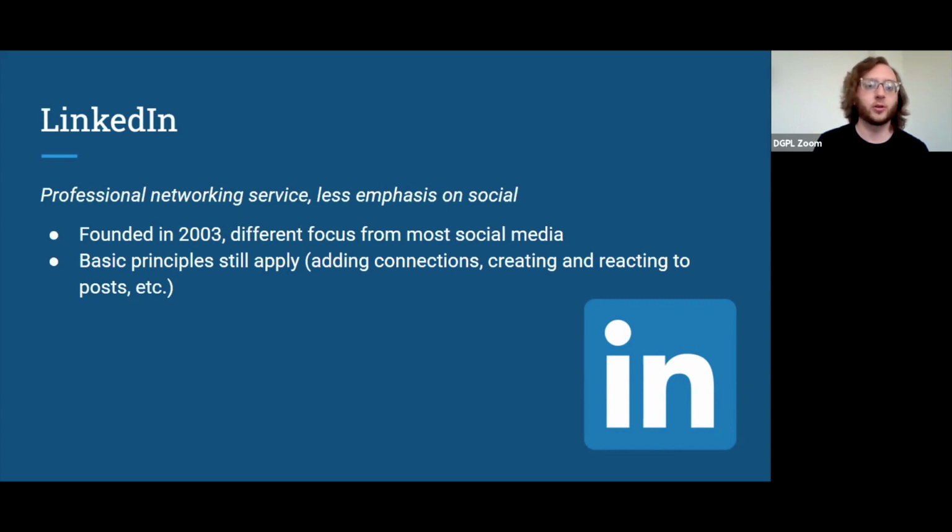It's more for you to be able to connect with coworkers, people in your industry, and most of the posts you'll find on LinkedIn are articles pertinent to your work.